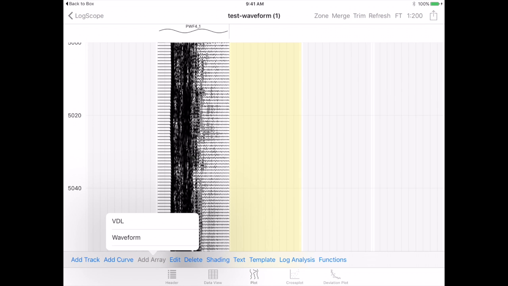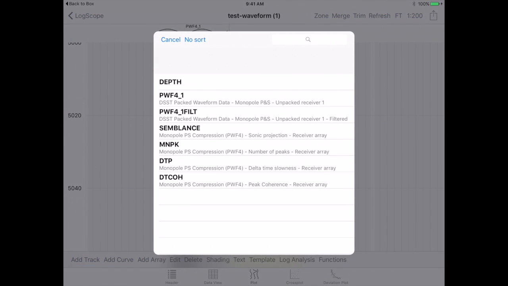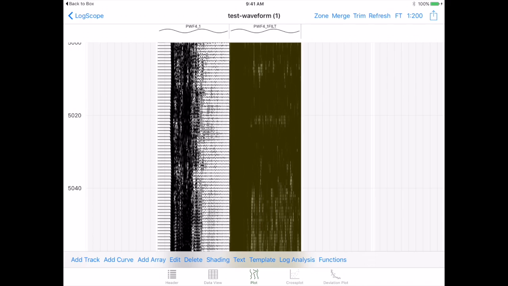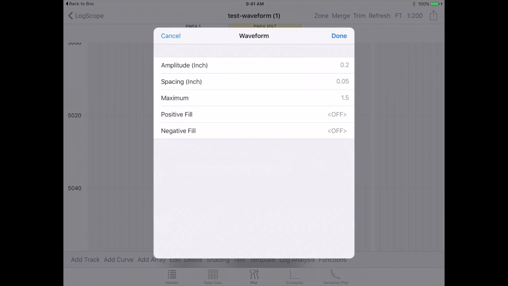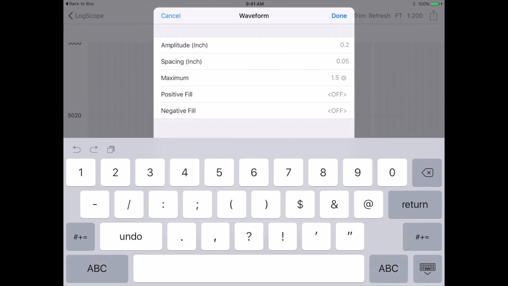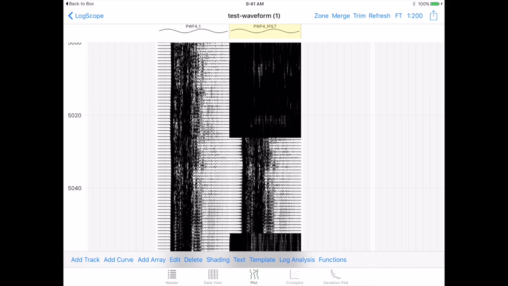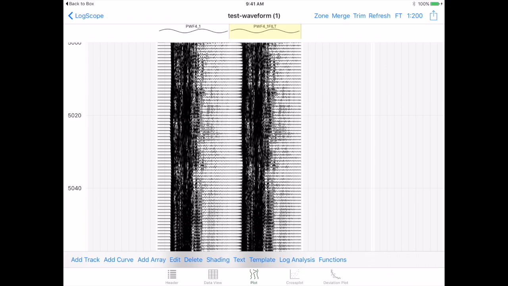So we're going to add the filtered waveform to track 3, so just select that, and again the same thing here. So 5, 1, 2, 3. And then I'm going to add